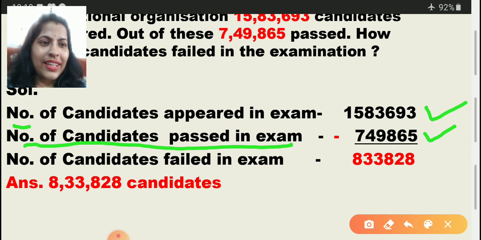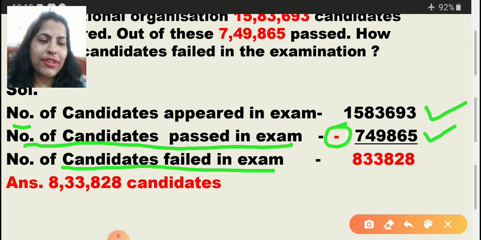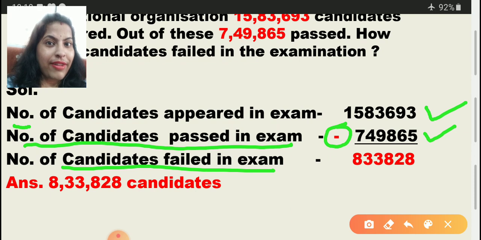So, if the pass count is given, how will you find the number of candidates failed in the exam? By doing subtraction. Very good. I know many of you can tell which type of operation we have used here. Yes, now we'll do the subtraction